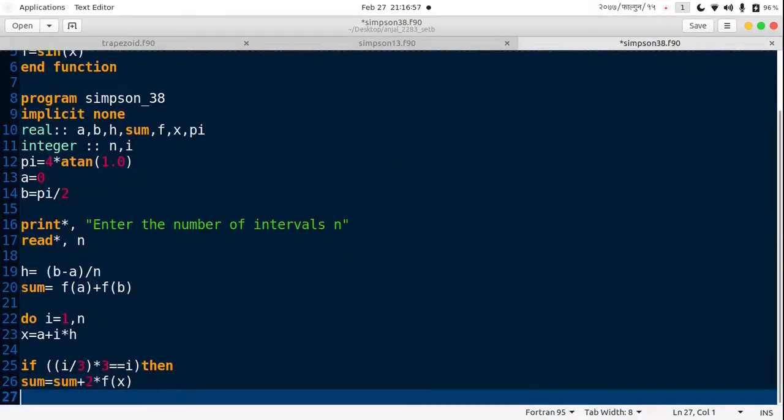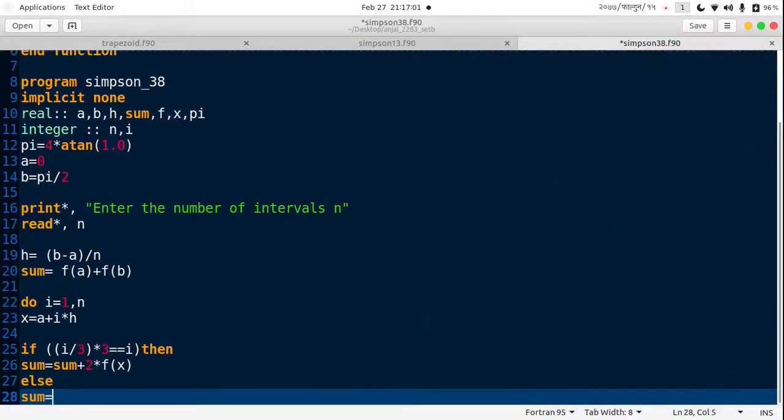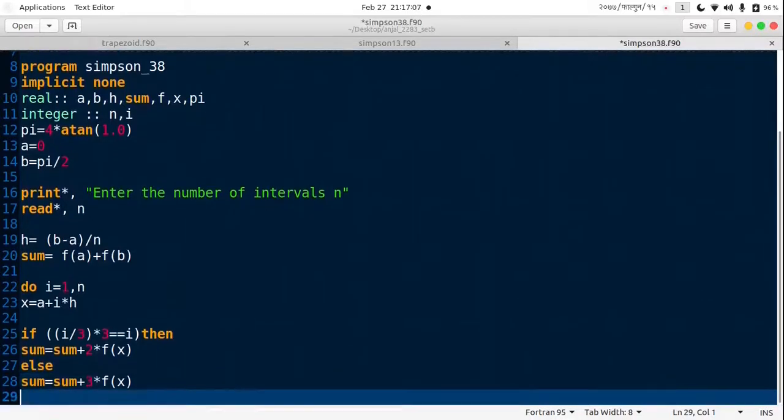Else sum is equal to sum plus 3 star f of x. And if, and do,